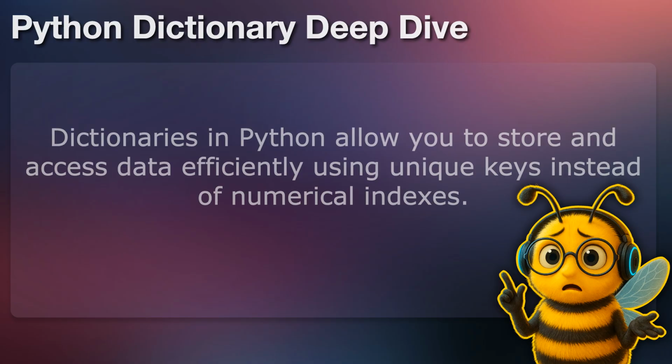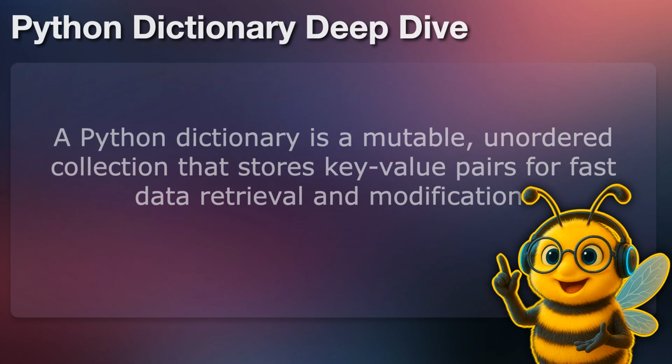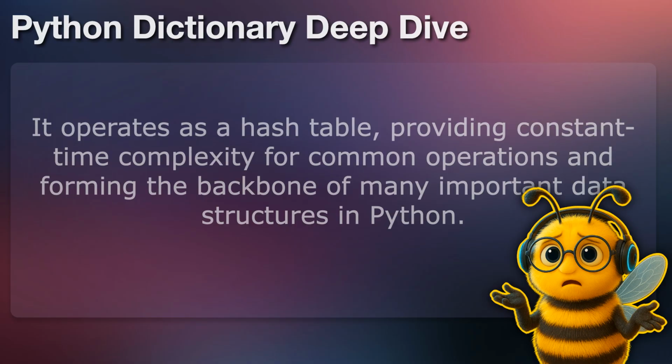Dictionaries in Python allow you to store and access data efficiently using unique keys instead of numerical indexes. A Python dictionary is a mutable, unordered collection that stores key value pairs for fast data retrieval and modification. It operates as a hash table, providing constant time complexity for common operations and forming the backbone of many important